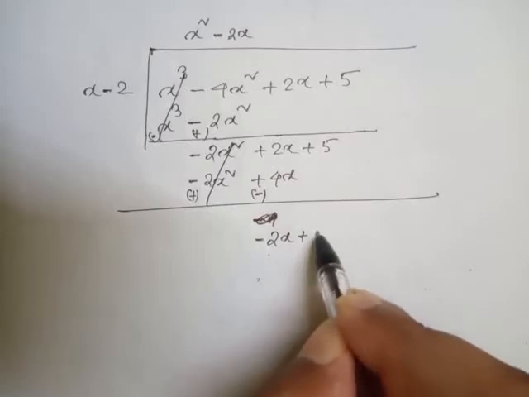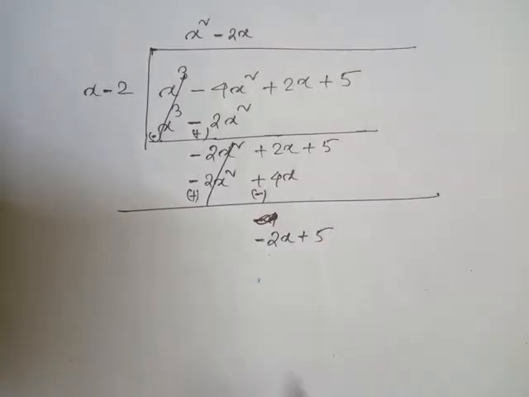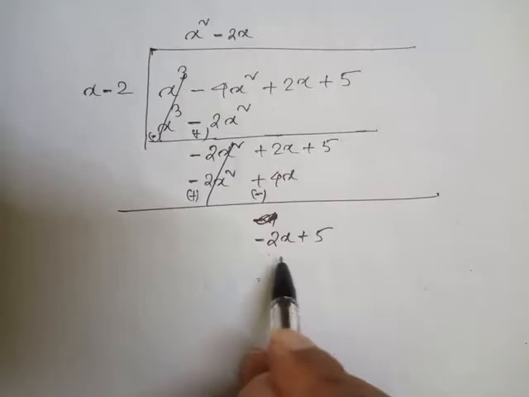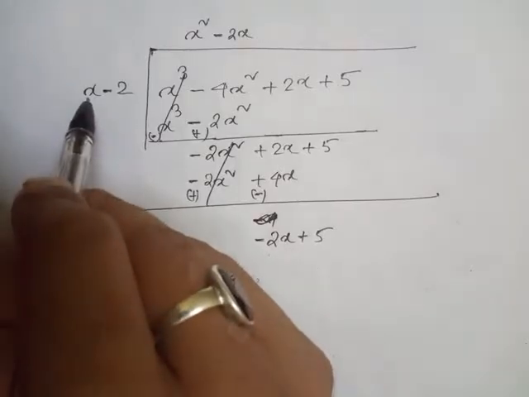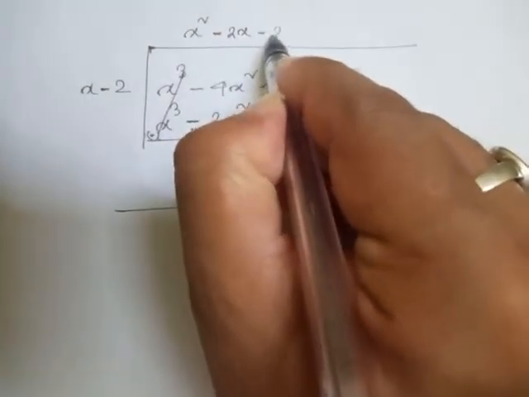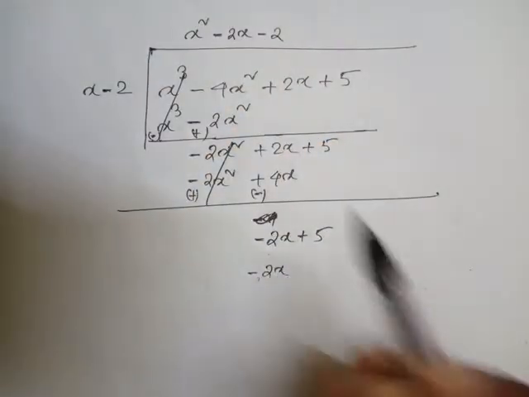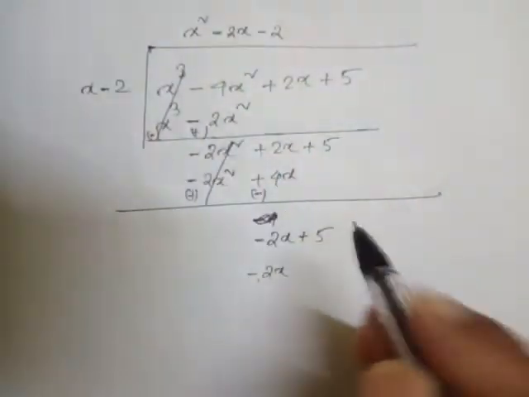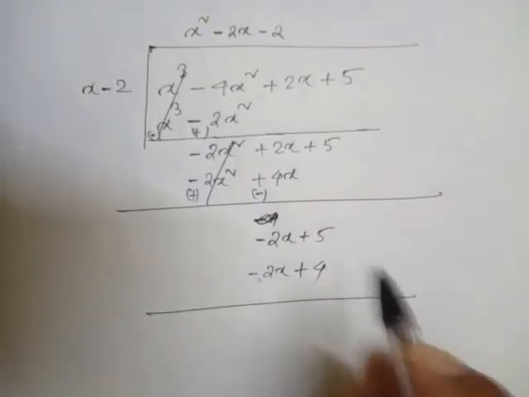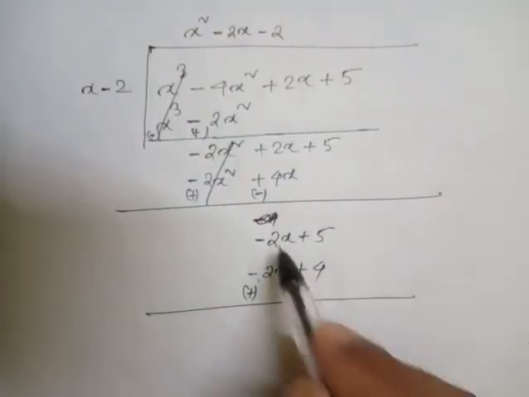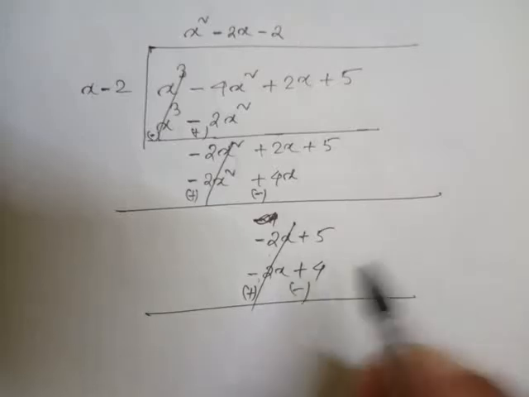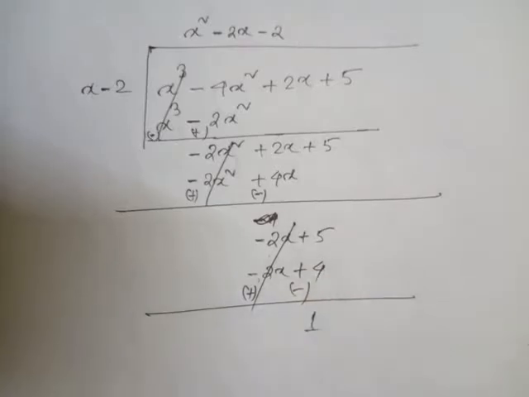Now there is plus 5. Next one. Now in the last one, there is minus 2x and there is x minus 2, so I will just put down here minus 2. Minus 2 into x is minus 2x, and minus 2 into minus 2 is 4. Now look, the sign will be changed again, so this one cancels and this becomes minus. So 5 minus 4 is 1, the remainder is 1.